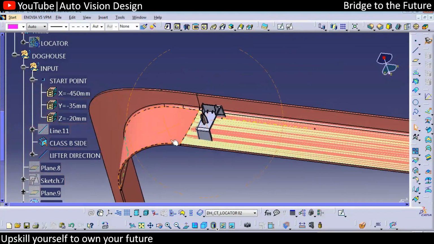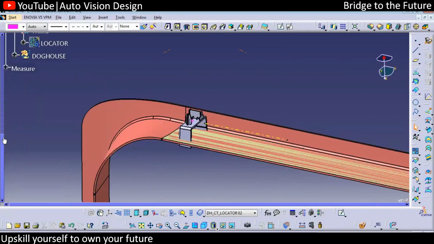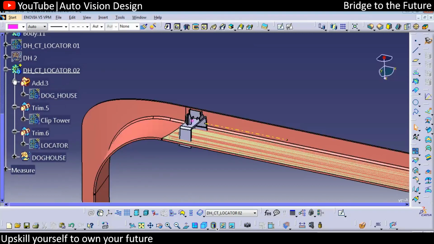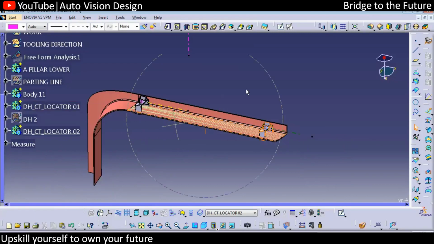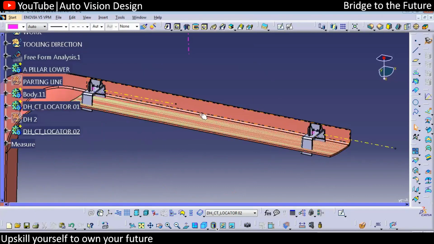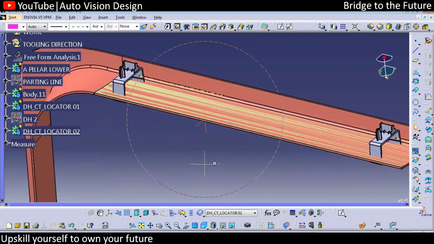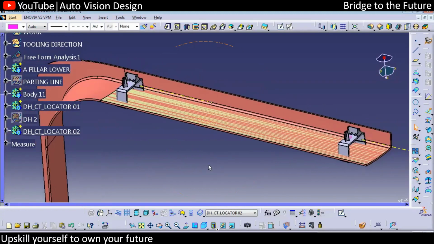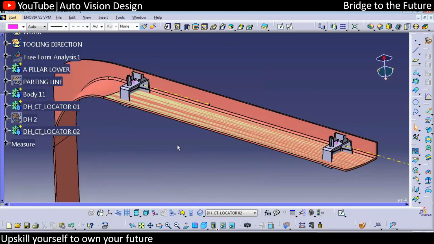Okay, so we have another Dogos over here with respect to the 4-way and clip tower. Okay, so that is the another one we have. And now we need to do one more that will be with the clip tower. Okay, so here you can find we already have one over here, another will be here. So there will be another one we can add in between, or we can add two in between. And we'll make sure that the distance between two Dogos is right. Okay, so that should not be less than what we require for the lifter travel. Okay, so that also we're going to check. So here the same thing we can do, and you can add in between over here. Okay, so this is the process we need to follow to add the Dogos.